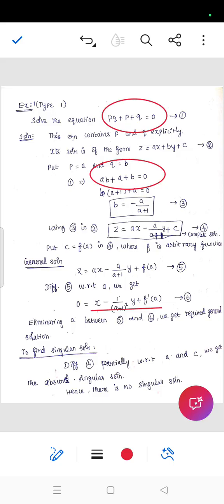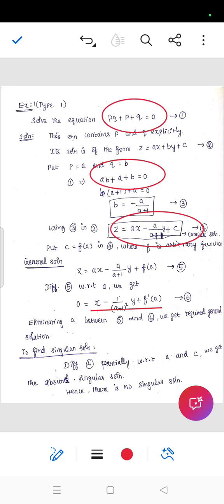So what do you mean by singular solution? There is no independent, that is no arbitrary function, no arbitrary constants. So differentiating equation number 4, the complete solution கண்டுபிடிச்சிருக்கோம் இல்லையா, அதை வந்து நம்ம ரெண்டு variable இருக்குது, அதாவது ரெண்டு arbitrary constants. 4 equation பார்த்தீங்க அப்படின்னா ரெண்டு arbitrary constants இருக்குது, a and c. அந்த a வும் c யும் eliminate எப்படி பண்ணுவீங்க? First differentiating 4 partially with respect to a என்ன கிடைக்கும், left hand side 0 ஆகிடும். அதே மாதிரி